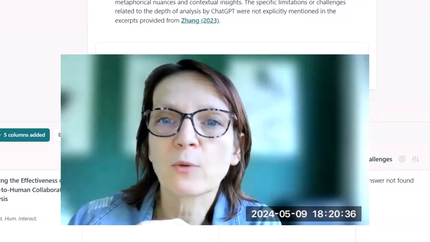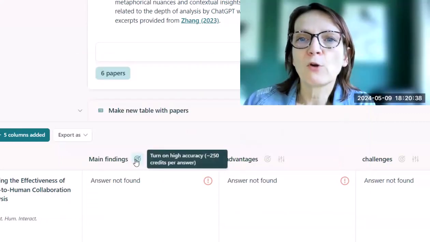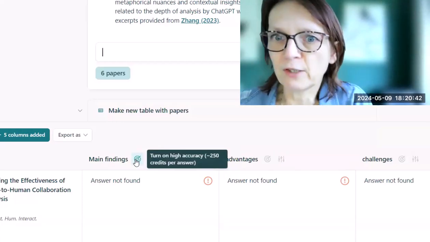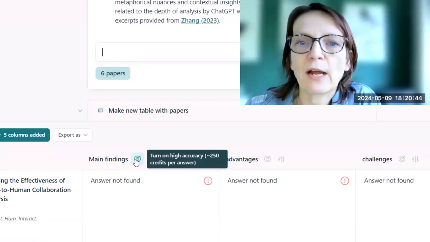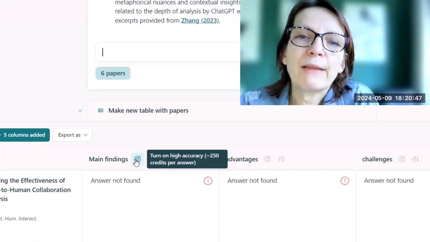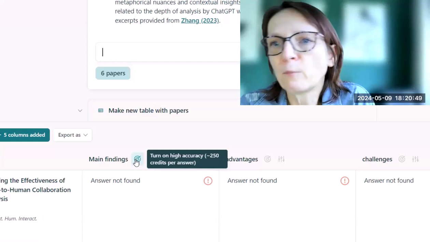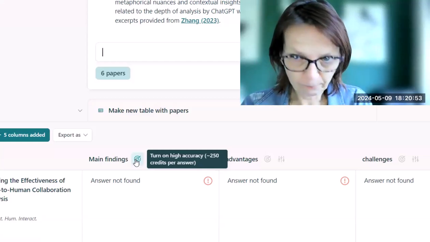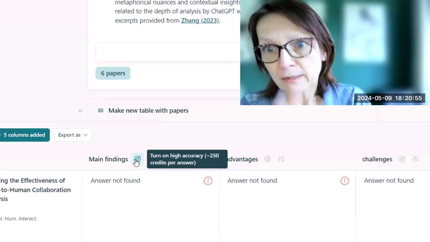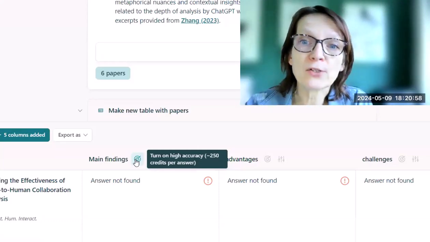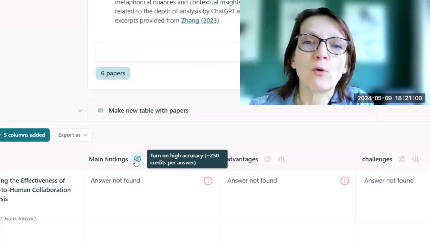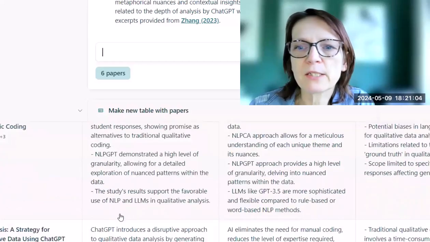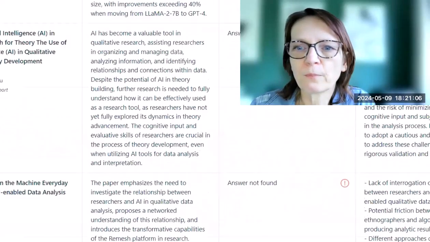And here, that's also when I show you, you have an option, turn on high accuracy, and you see it immediately goes down to 150 credits if you turn on higher accuracy. I think if you just want to have a quick brush and look into papers to see what are good papers or articles you want to work with, maybe the superficial one is good enough. And you also save the credits for if you want to go into more depth with a few papers. So let's scroll down again to